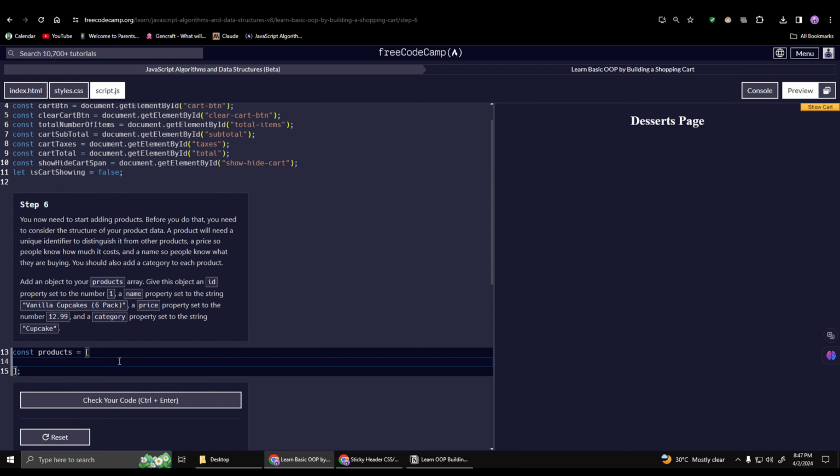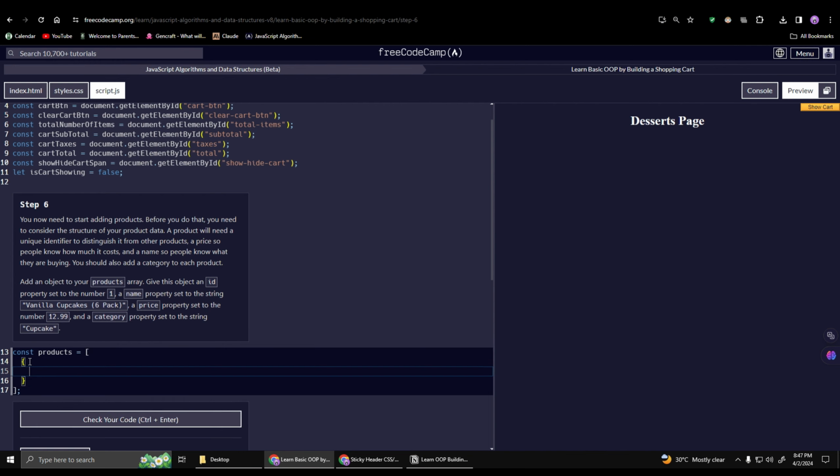Okay, so it says, wait, where is it? Oh, there it is. It says add an object to your products array. We know that an array is achieved with the symbol square brackets, and we know that an object is achieved with curly braces, and within that is where we input the